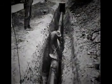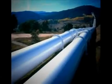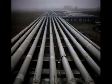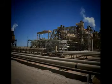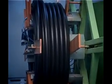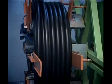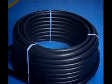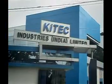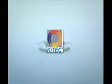Pipes were first invented to transport water to every household. With the advent of modernity, the requirement of pipes extended to the industrial and commercial sectors along with residential requisites. The new needs had to be met with better and innovative pipes. KiTEC Composite Pipes is such an advanced, revolutionary pipe manufactured by KiTEC Industries India Limited in technical and financial